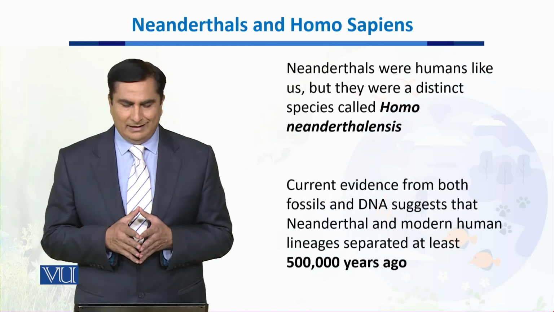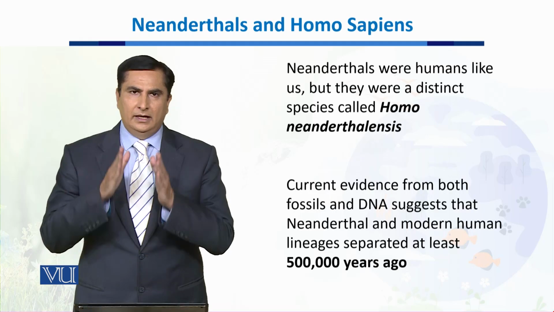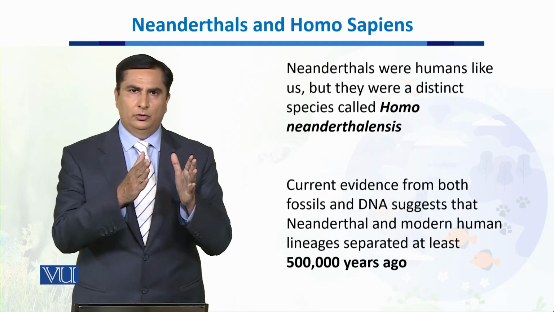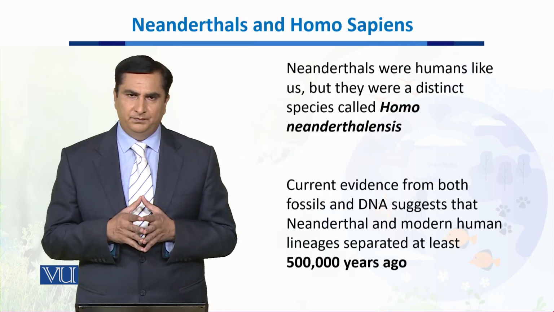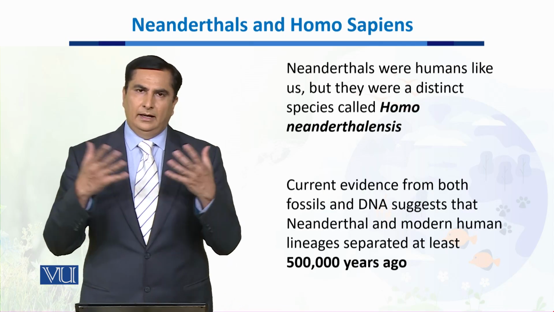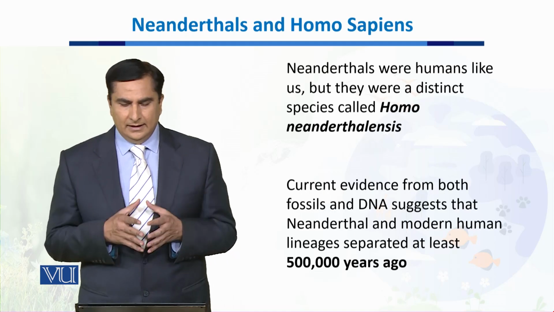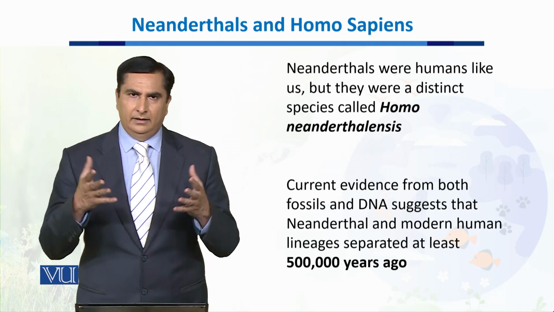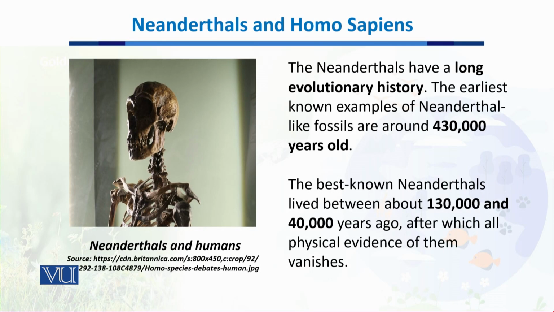in the course of evolution, some 500,000 years ago, Neanderthals were separated from the Homo sapiens, the modern human. So this is based on the fossil record as well as the DNA record and DNA studies. Now, when we talk about their separation about 500,000 years ago, this is based on their long evolutionary history. The earliest fossils of Neanderthals are around 430,000 years ago, which shows that at that time Neanderthals had separated from